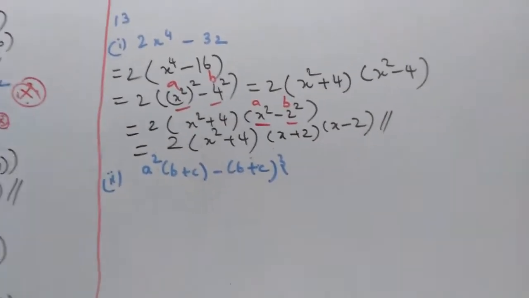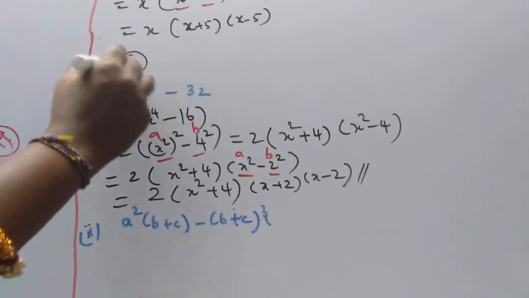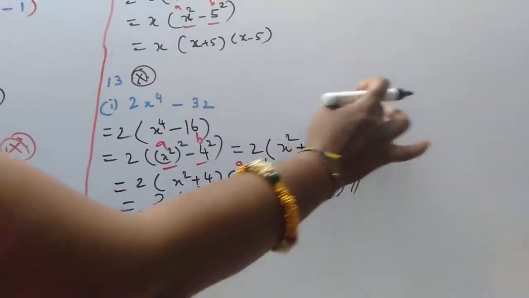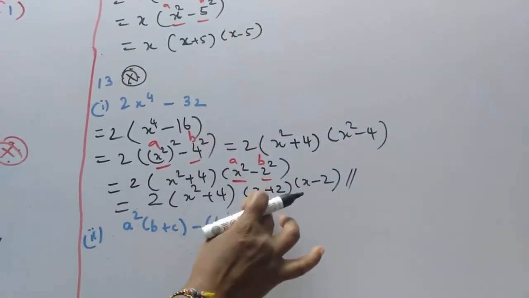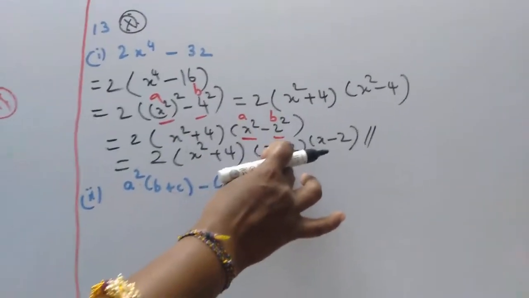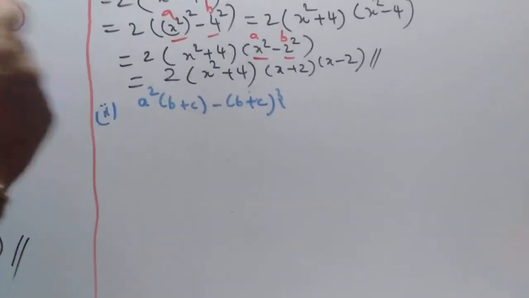This is also a complicated and important question. So first one, a square minus b square expansion. Again with this minus we are just again squaring this 2, which is what, x square minus 2 square, which is what, x plus 2 into x minus 2. Okay, the next question here is